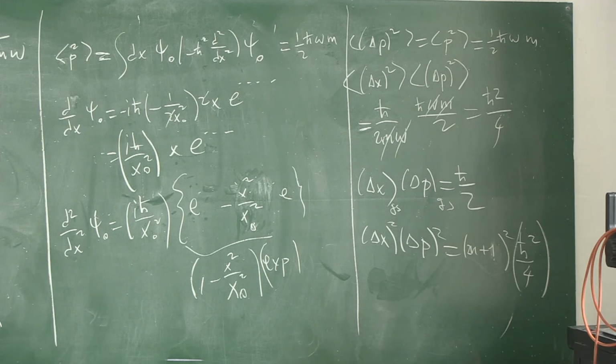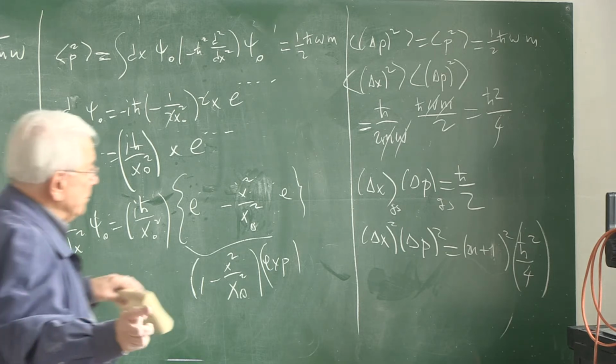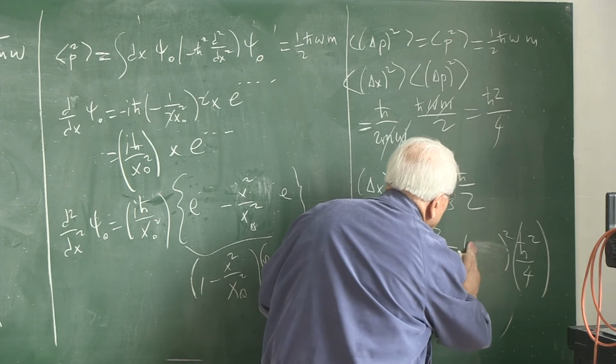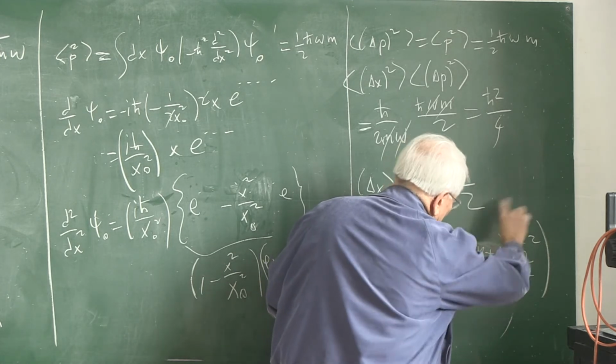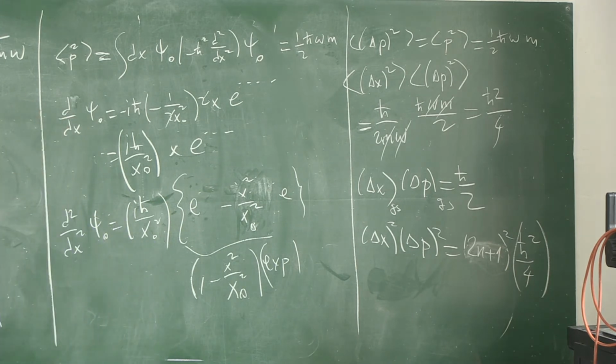Try to construct it on your own. It may not be a trivial exercise, I warn you, because you have to be able to work out those algebraic expressions that I have derived for getting the higher states. It may require some really algebraic, beautiful, but difficult manipulations to work this out, but that's the result. 2n plus 1, I hope it is readable from that distance. That is 2n plus 1, overall squared, times h bar squared over 4. So that essentially finishes the discussion of the actual construction of energy eigenstates and energy eigenvalues of the simple